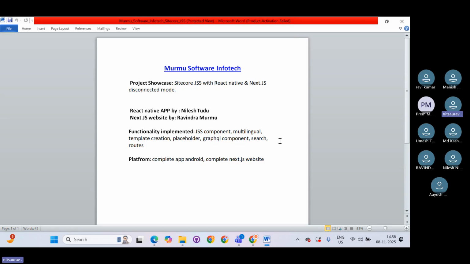So, in this demo, the website functionality implemented is to show JSS components, how to create a JSS component, multilingual functions, how to implement different languages, and template creation, how to create the template for your page, how to create a placeholder, and a GraphQL component, how to create a GraphQL component and use it in your GraphQL layout,